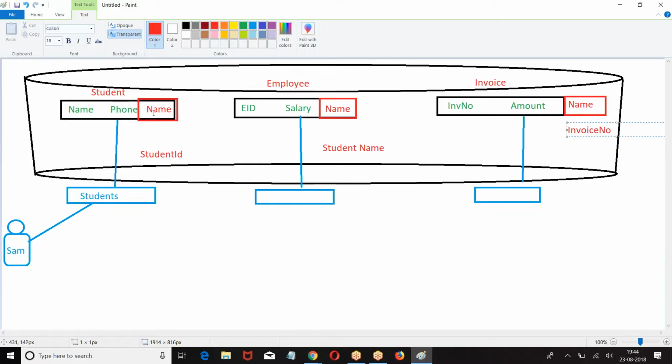Basically, this field will accept two formats, text or auto number. So the name field will accept text format or auto number. Text means you are supposed to enter the data. Auto number means what?